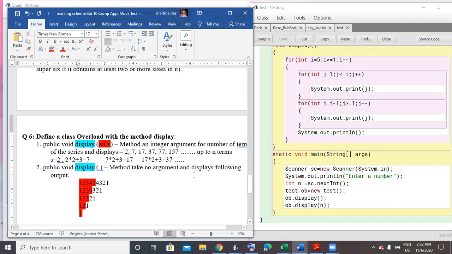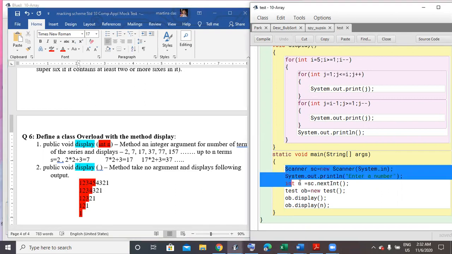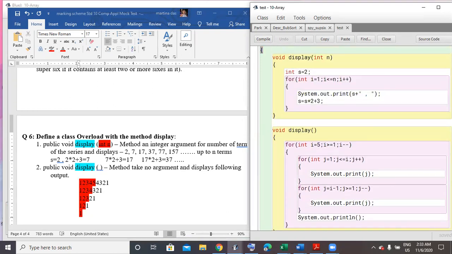Now since I'm using function overloading, you can see in the main function I'm accepting the value n and creating an object. When calling the display method, in one I am not passing any value, but in the second one I'm passing a value. Now you have to write the variable description. You can write, differentiating that in the first loop i goes from 1 till n, so it is for the number of terms. Then in the second function, i stands for the row, j stands for the column. So thank you, hope you understood the question paper.